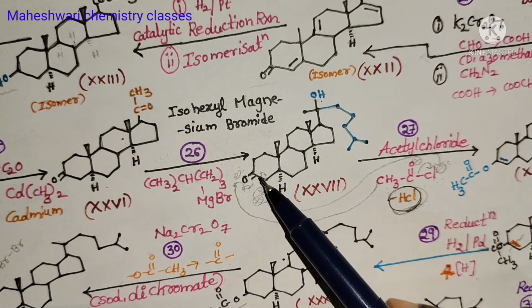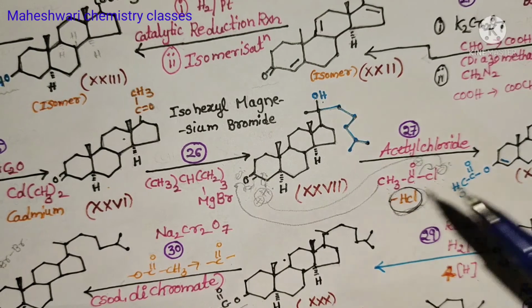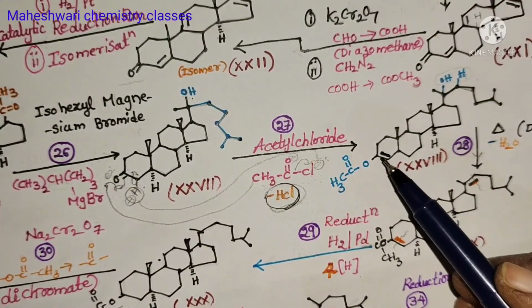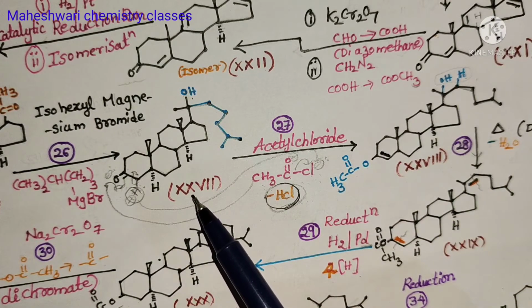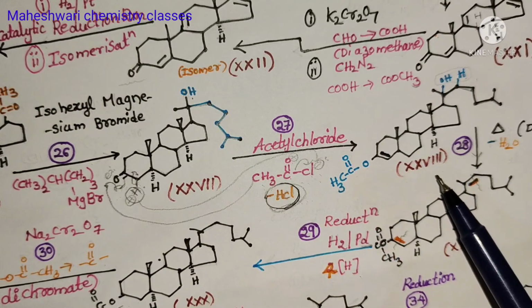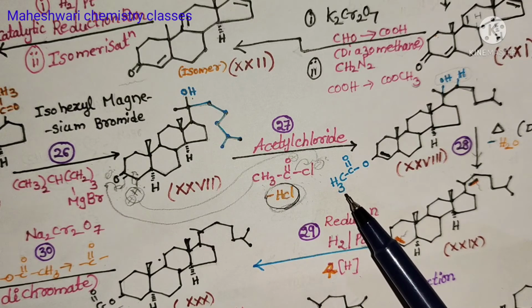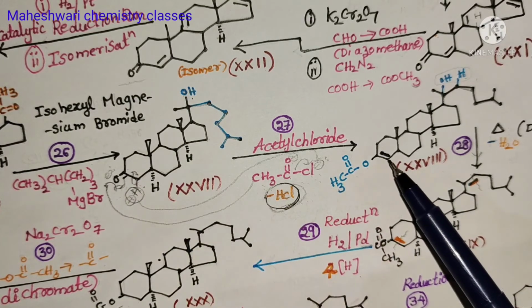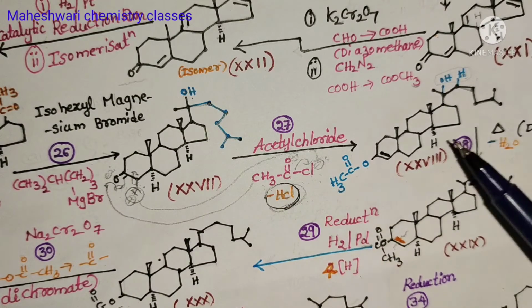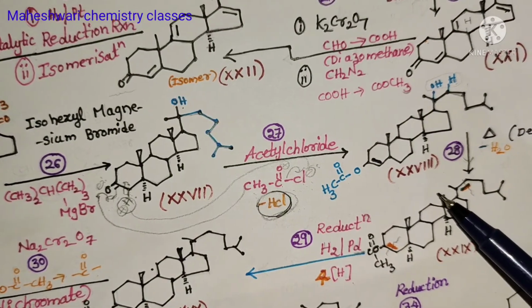Here electron rotation occurs, right? Due to that, here one electron is there, here one electron is there. Here one extra pi bond is there simply. So this is our compound number 27, this is our compound number 28. Here double bond O is there, here OC double bond OCH3 is there. Due to the electron rotation, here a pi bond is there. Later this 28th compound formation occurs.